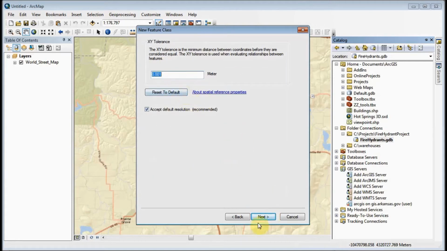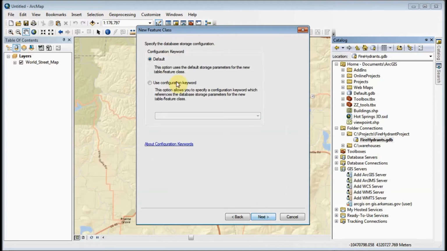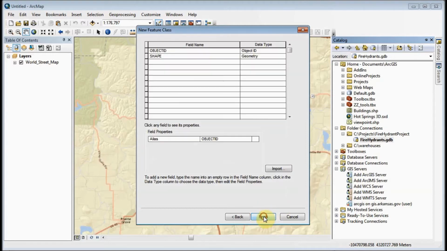The XY tolerance is fine. Next. This one is also fine. Next. And here's where we've got to do some serious work. So under the field name is where we're going to add the heading for each column that we want to add to the attribute table, the names of the type of attributes we want to have. So first thing I said we were going to use was a hydrant ID number. So I'm going to call it hydrant